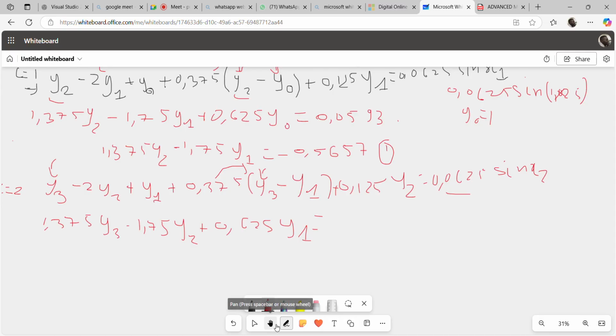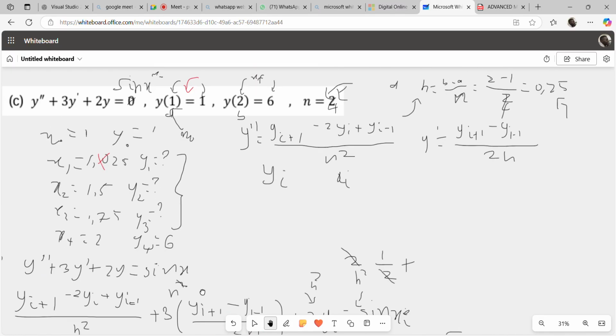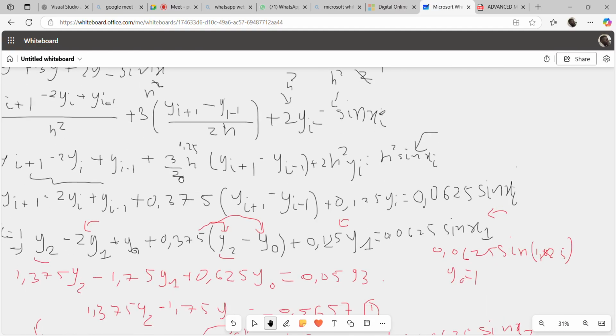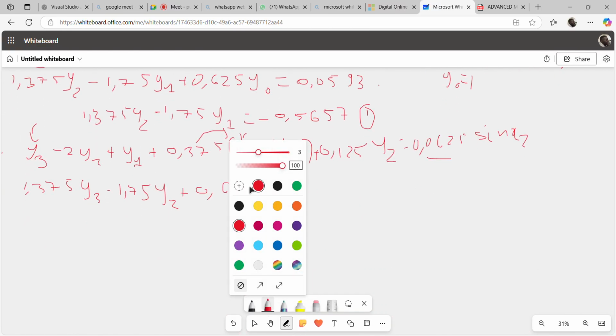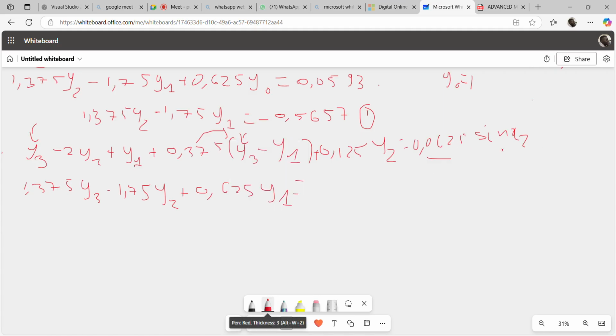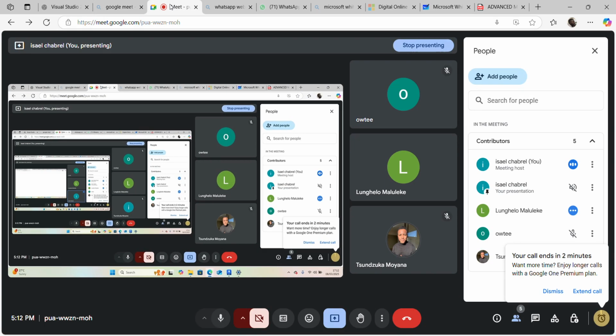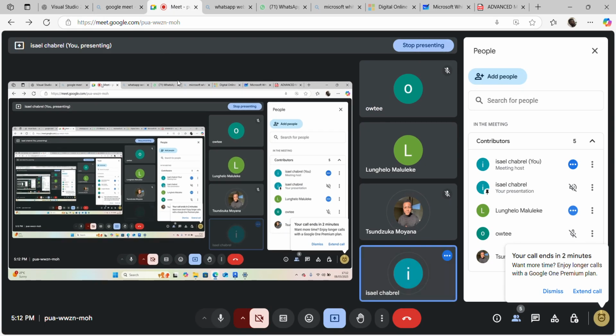What is the value of x2? The value of x2 here is 1,5. So what we have here, Mr. Tsunzuka, if you substitute here, what do you have? 0,0625 multiplied by 1,5. Remember, calculator is in radian mode. Let me see. Yeah, we have 2 minutes. 2 minutes, Mr. Tsunzuka. What's the answer there before I send the new link? 0.0623. I don't know why this thing is freezing when I want to